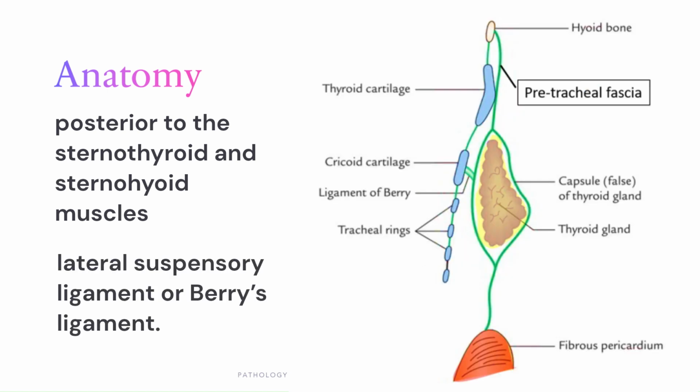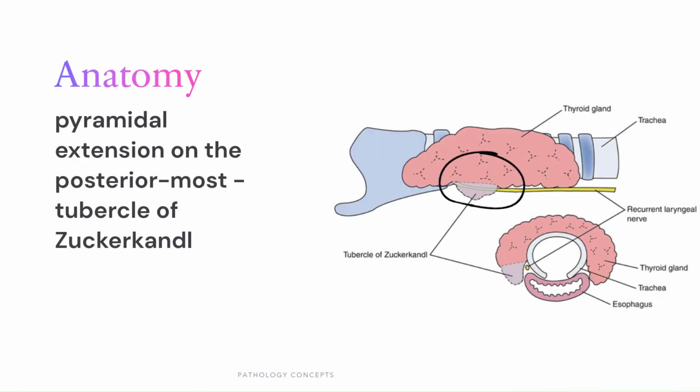The thyroid attaches to the trachea via a consolidation of connective tissue referred to as the lateral suspensory ligament or Berry's ligament. This ligament connects each lobe of the thyroid to the trachea. The thyroid gland typically contains a pyramidal extension on the posterior-most aspect of each lobe referred to as the tubercle